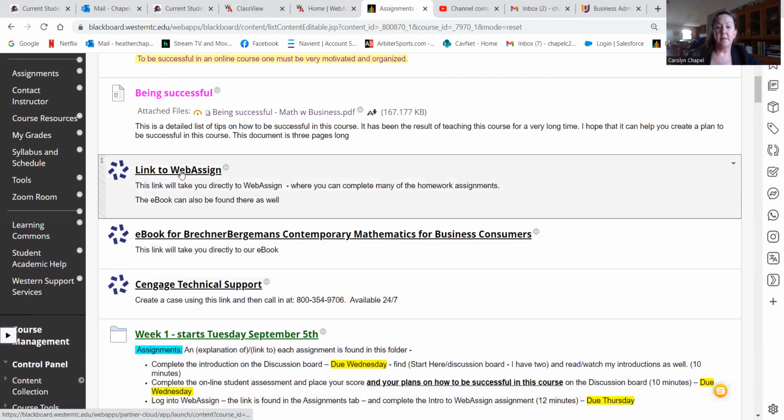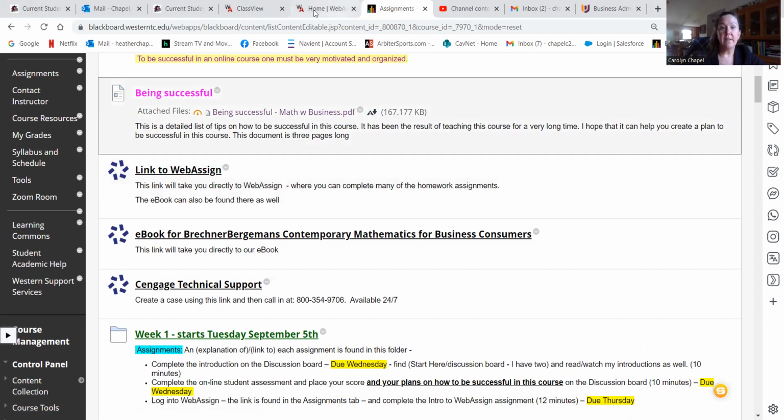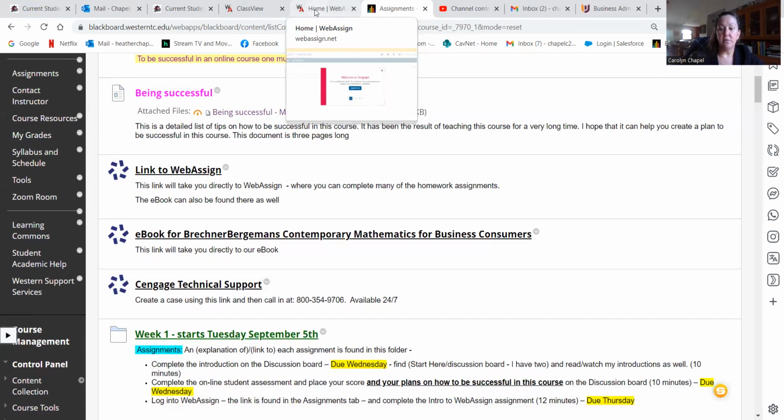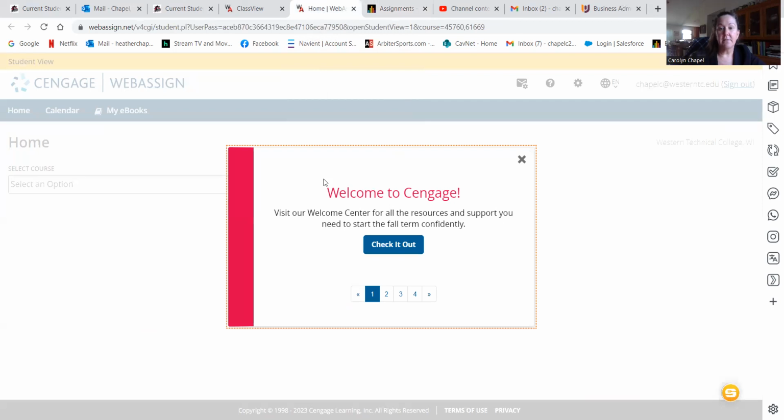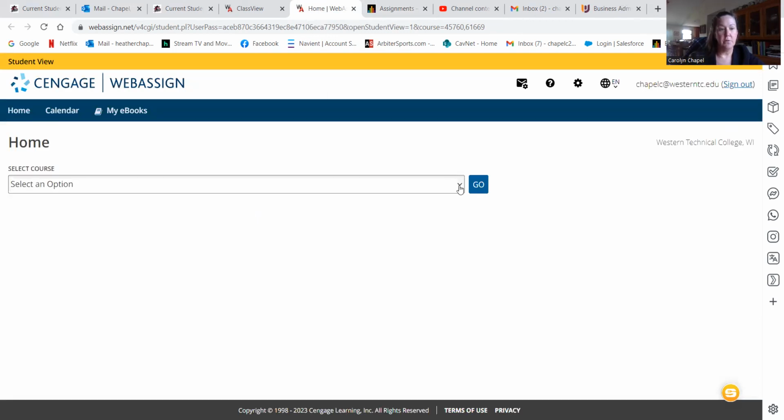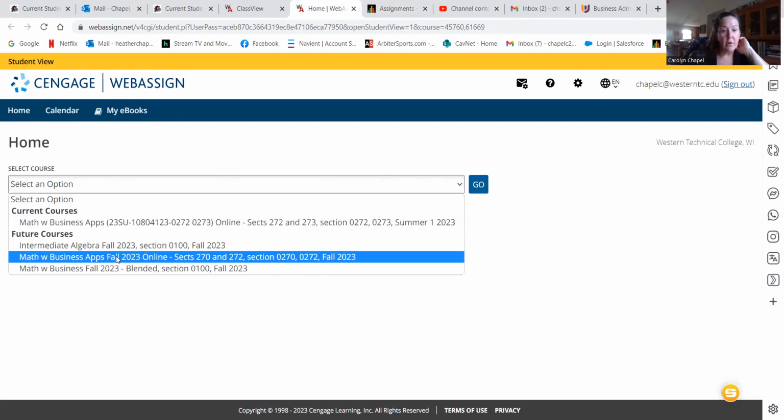Okay. The next thing I do want to show you very briefly is WebAssign. This is where most of your homework and practice will be taking place. You will click on this link. It will take you directly into WebAssign. I'm going to switch over to that screen. You might get a welcome to Cengage pop-up. Feel free to do what you want. Since I have a number of WebAssign courses, I get this option. But I'm going to go into our class